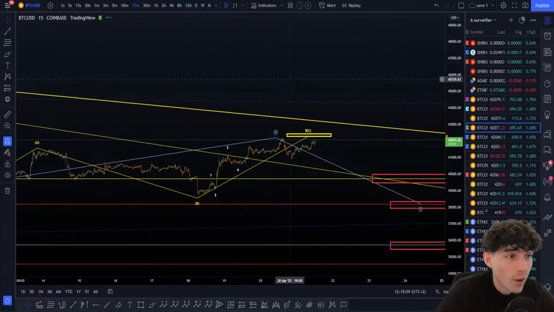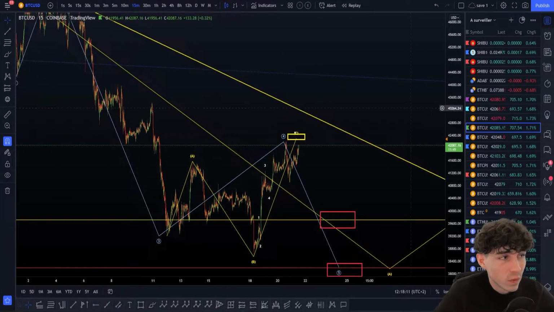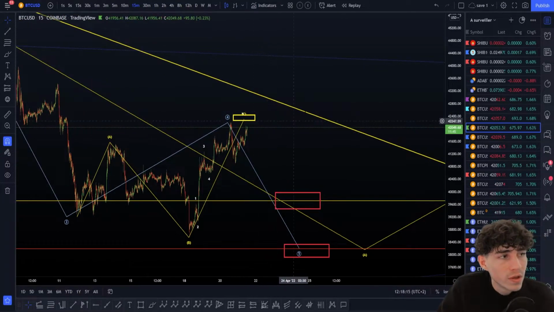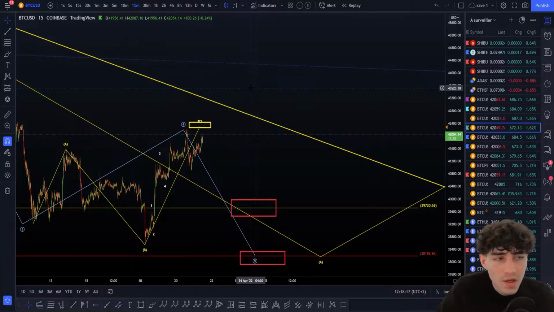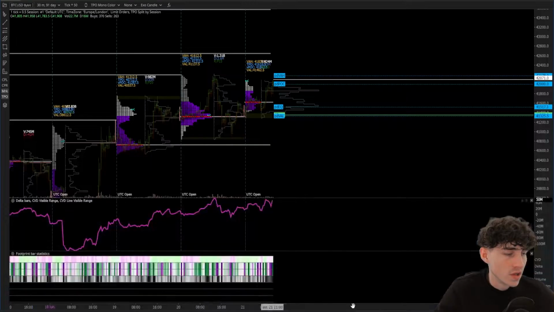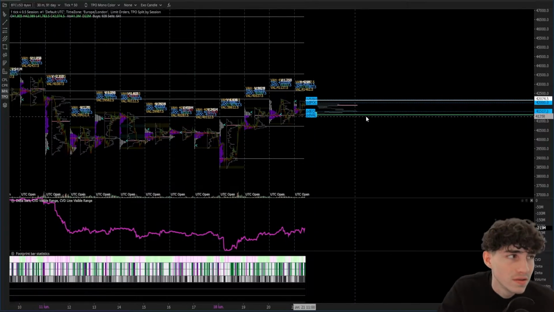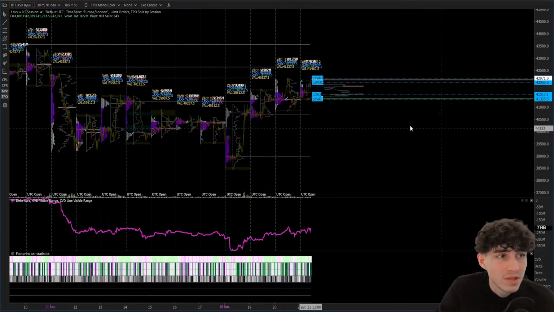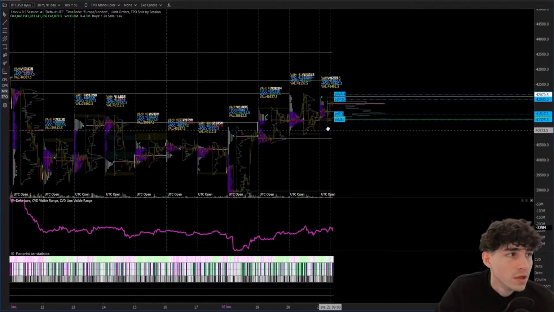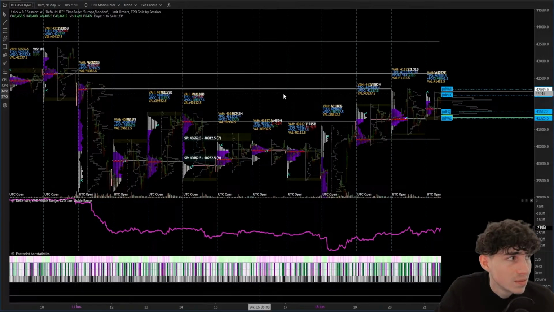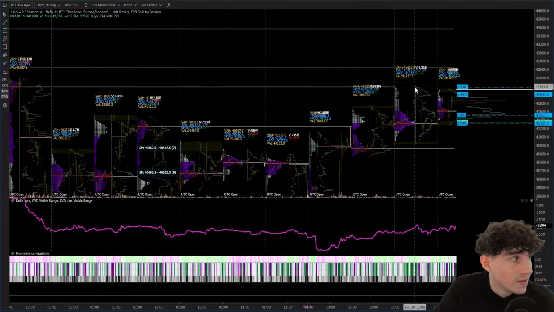After we have done a top on the exact target it was looking for, when you're using Elliott Waves, in addition to that, for example, using Exocharts to get really accurate targets, something really insane: you cannot miss the target. This is not possible. So for example, we have done a high in the exact TPO here. That was a naked TPO here, as you can see, the exact high right there.